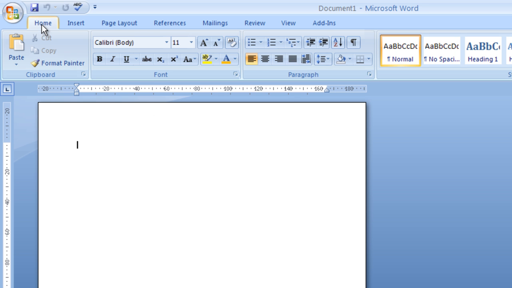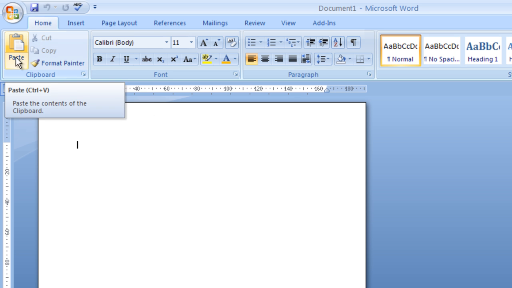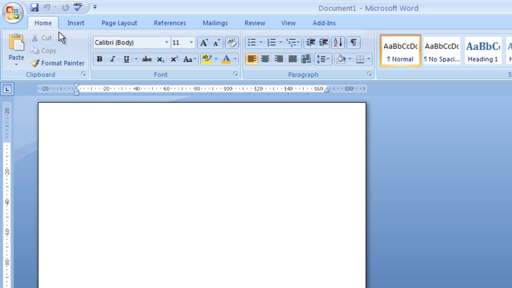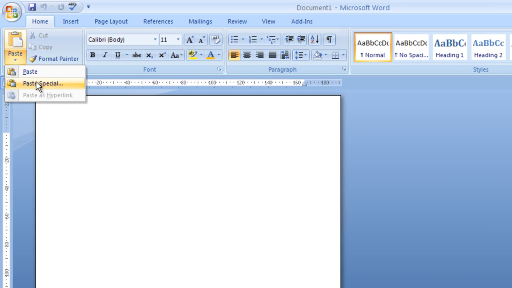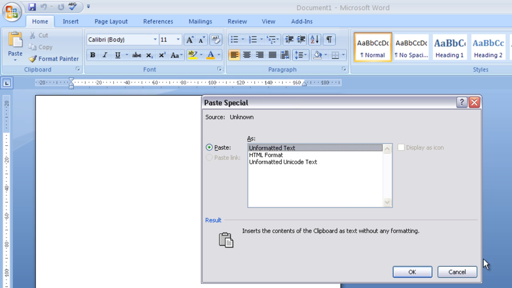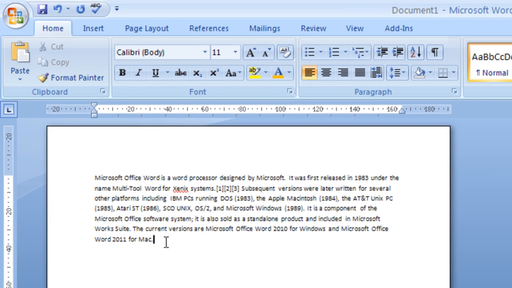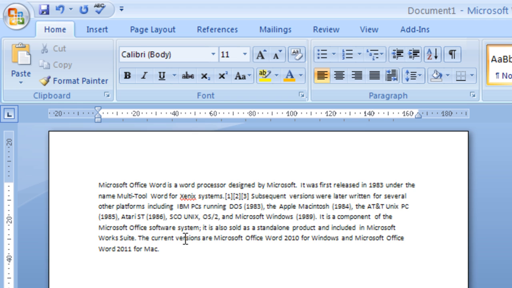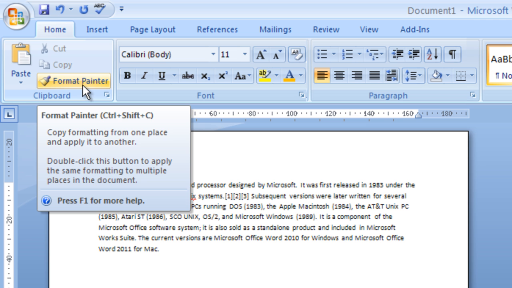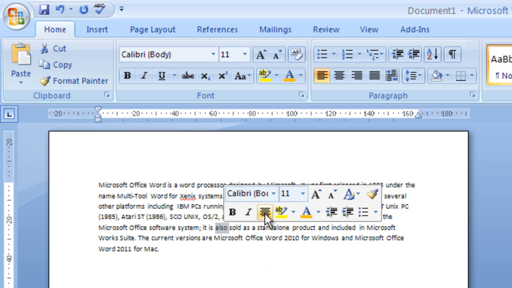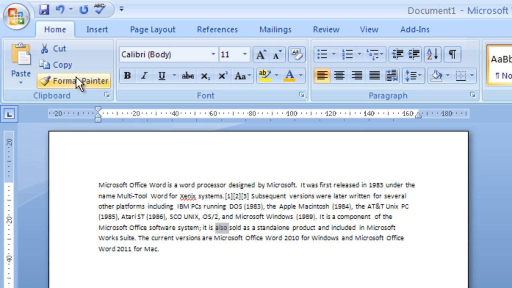The Home menu is probably the most useful and most commonly used menu in the program. The first section here, Clipboard, basically enables you to paste a document. If you're pasting from the internet, I'd recommend using Paste Special, unformatted. It gets rid of any formatting that sometimes comes across when you copy things from the internet. The Format Painter basically copies the formatting from within the document and enables you to paste it to another area of the document